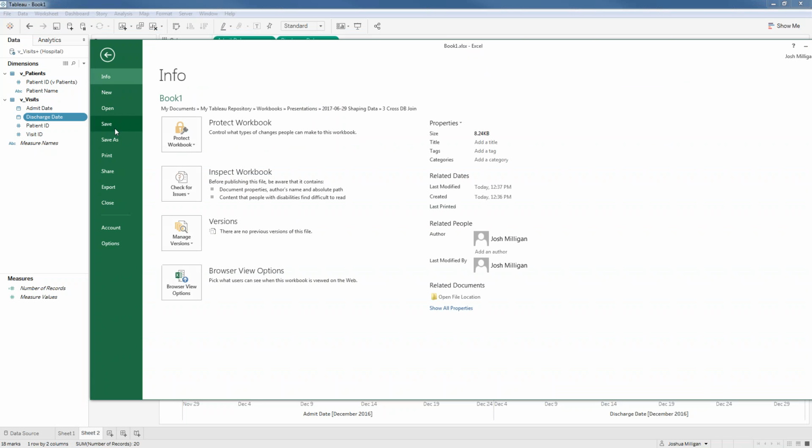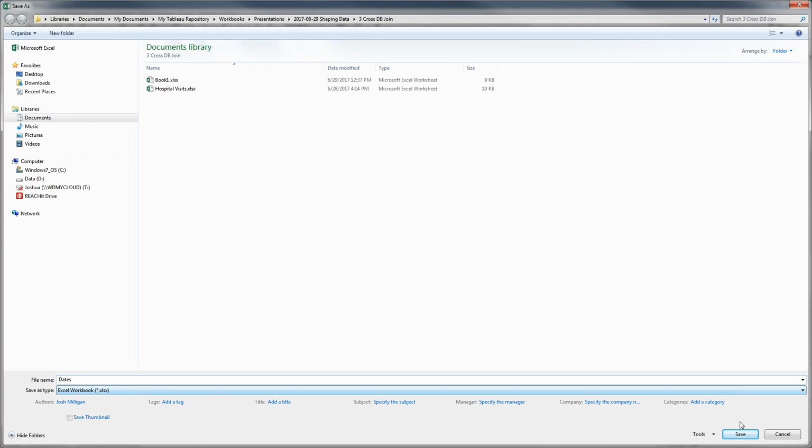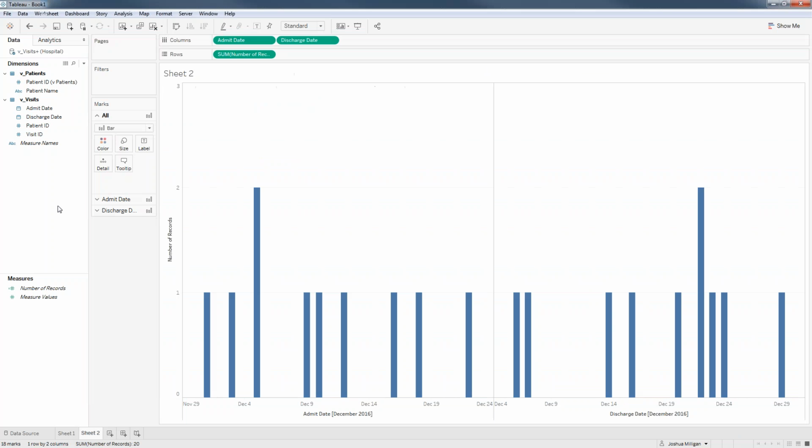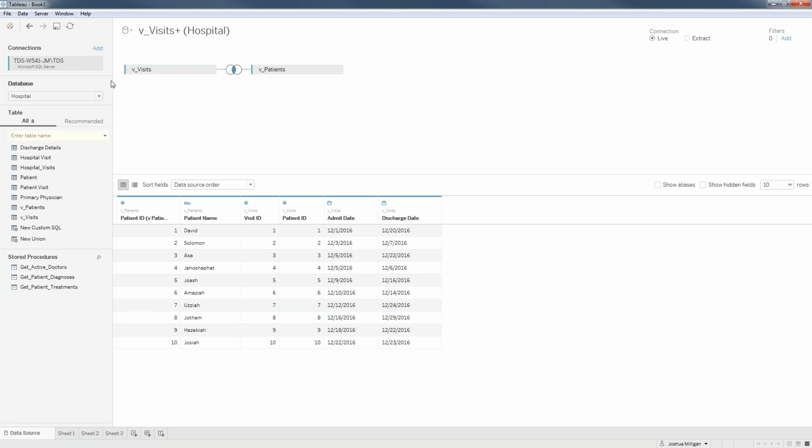Oh, I saved it as book 1, which is fine, but I'll go ahead and save it as dates. And now I'm going to come back to my data source. I'm going to edit this data source, and now I'm going to join in that Excel sheet. And this is where that cross-database join capability comes in very nicely, because I was working with